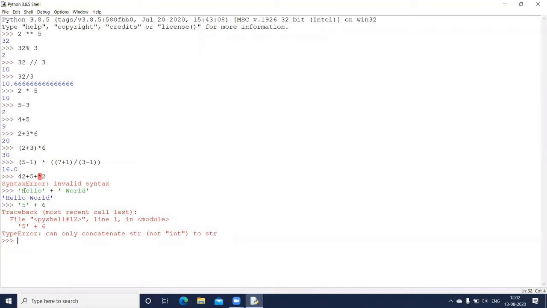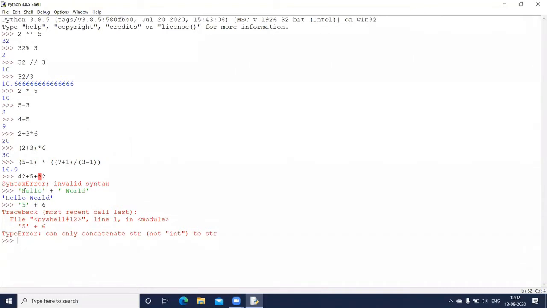That means whenever concatenation is happening, whether you are writing a program or working on the command prompt, see that both the data types, especially when you are using the plus operator, are either both integers, or integer and float, or float and float. And if you're using strings, both parameters should be strings. You cannot have one string and one integer value.